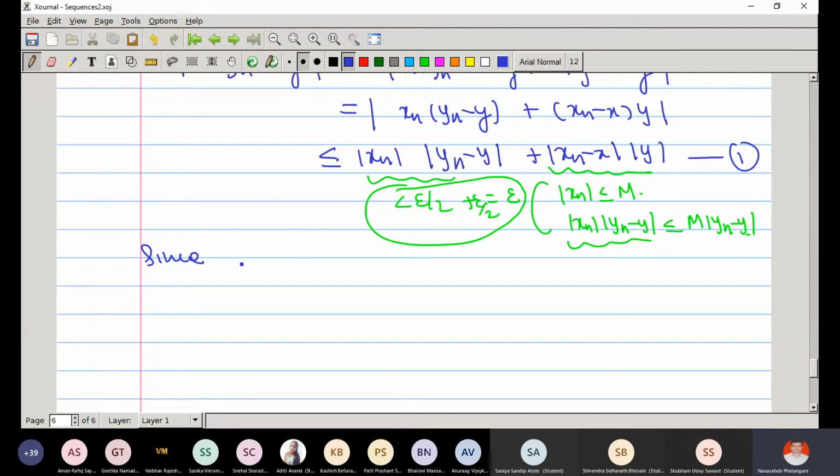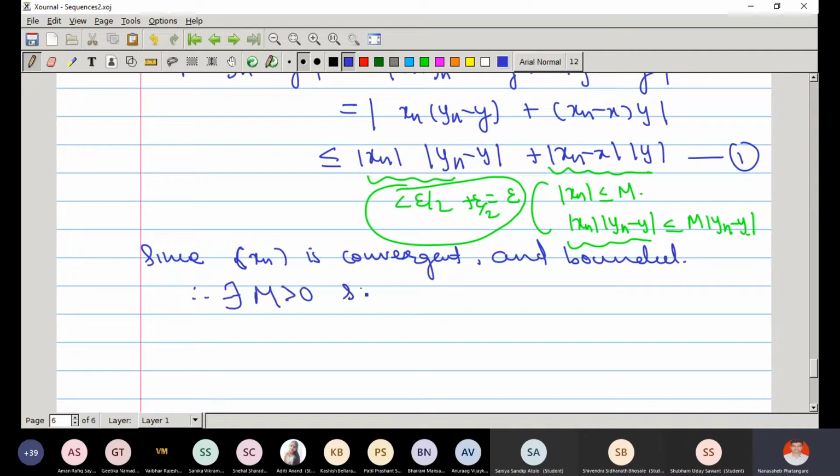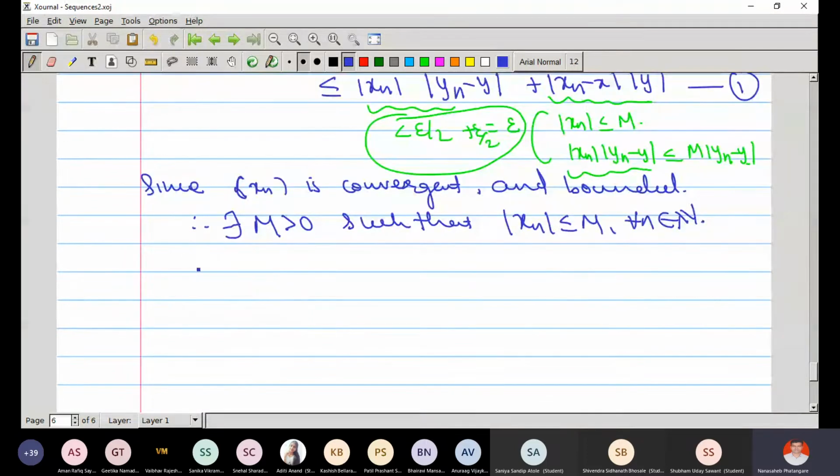But how to make absolute value of xn less than m? Why? Xn is a convergent sequence and hence bounded, because we have already proved that a convergent sequence is bounded. So xn is convergent, therefore it is bounded. Therefore there exists some number m such that the absolute value of xn is less than or equal to m for each n. Further,